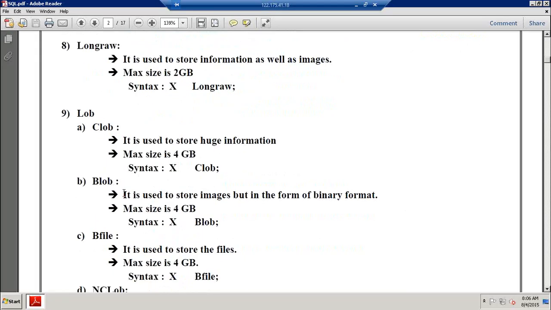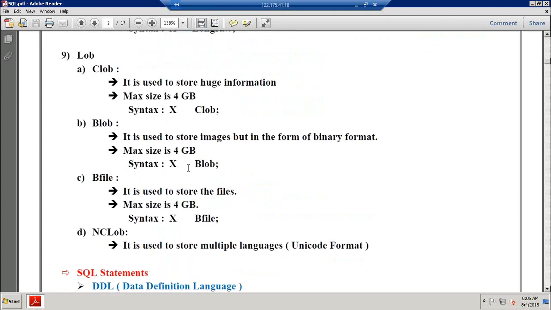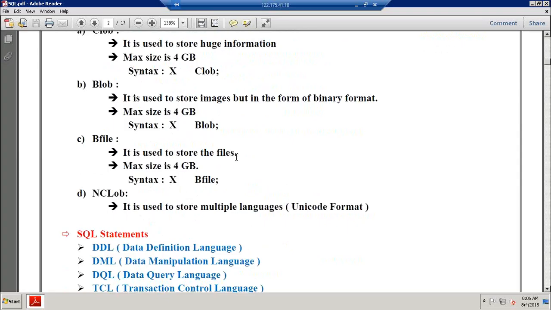Okay, and the BLOB means here also it is the same, but here we have an option where it is used to store the images, but in the form of binary format. Binary format means system format, 0s and 1s. Okay, and BFILE is used to store the files. And NCLOB is used to store multiple languages. Suppose you want to maintain multiple languages in your database, at that time we can use this NCLOB